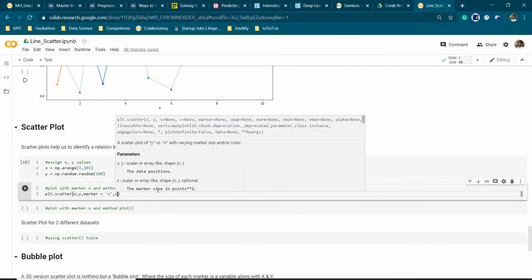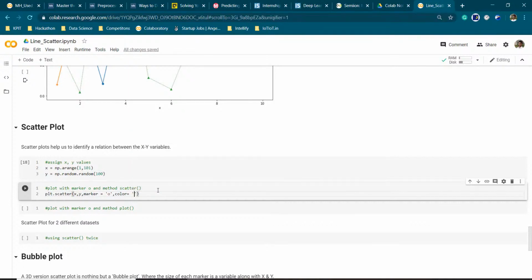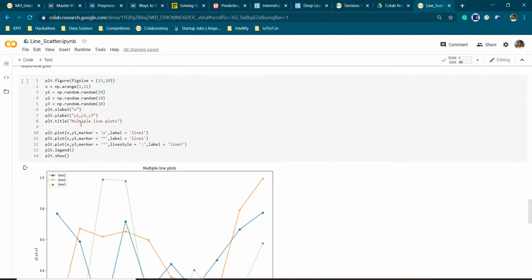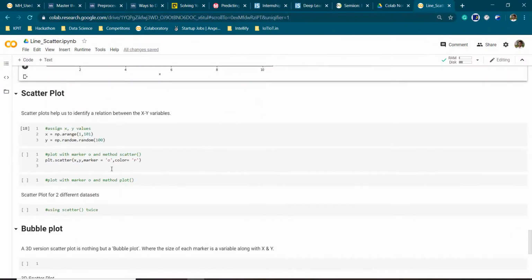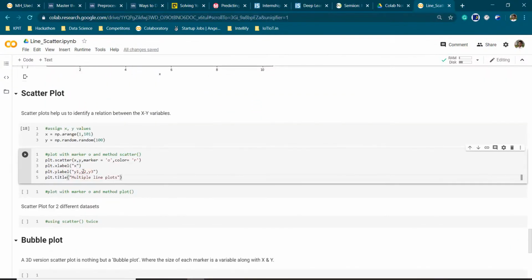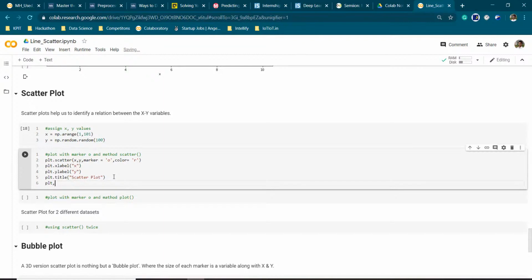Here we are giving a circle, and then color is equal to red. For red we are just going to give r. For the next points we are going to give the same x label, y label and title. So let us just copy this, and so we are having x, y, and then a title as scatter plot. plt.show.